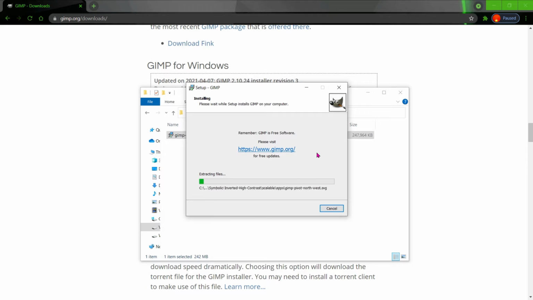It will take some time, and don't click on cancel, otherwise the installation will be interrupted and may create issues.